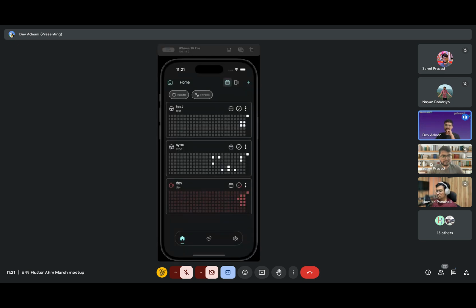So you can probably see the device. It's a habit tracking application, and the whole rationale behind using offline first was that there can be many habit ticks in a single day. So the number of habits increases, the number of completions increases. I'll need to make a lot of API calls, and the sync would be required. And I have used Supabase for the backend, they probably have some restrictions on making a certain kind of request